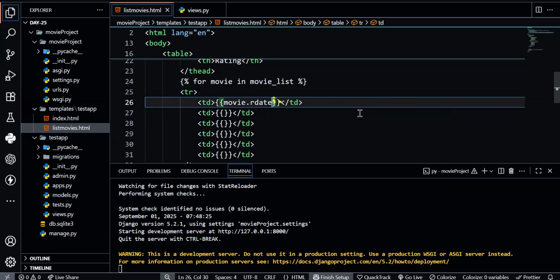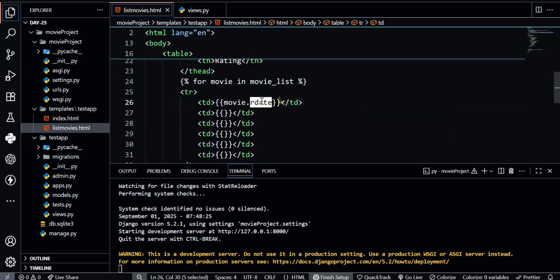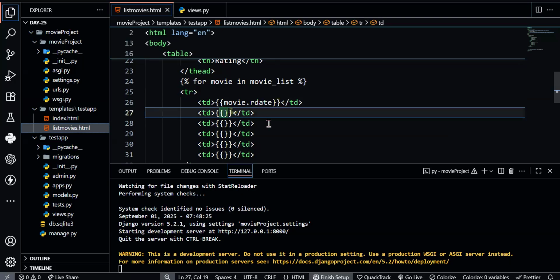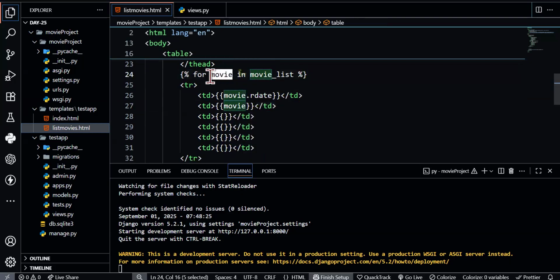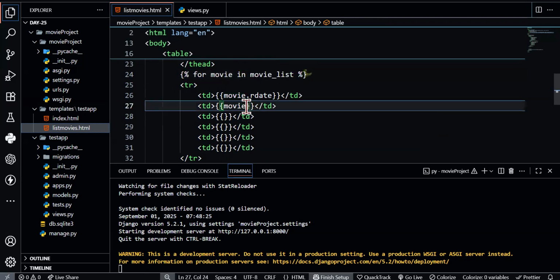Make sure you are writing the name correctly as per your model columns name, right? So movie, why we are writing movie? Because this movie is bringing single movie from the movies list. So here we will write movie dot movie name,